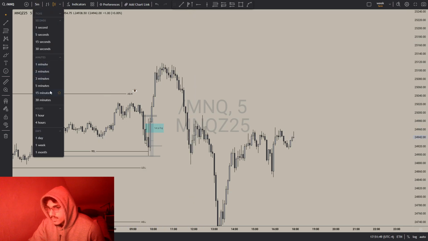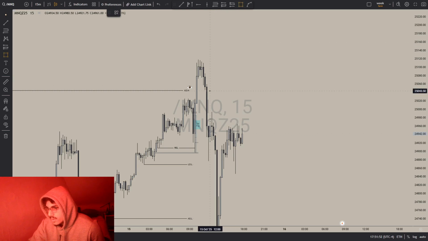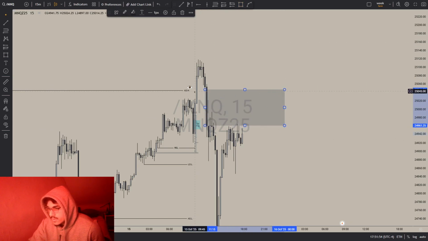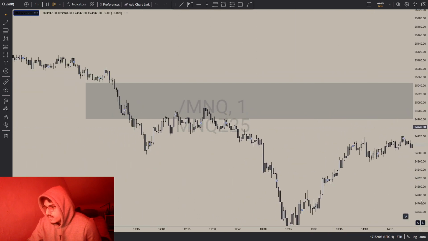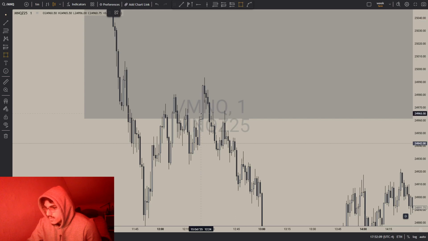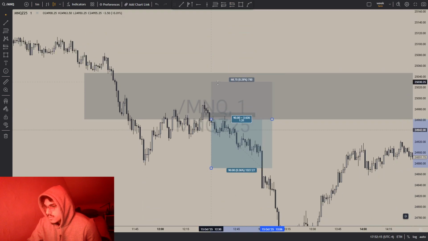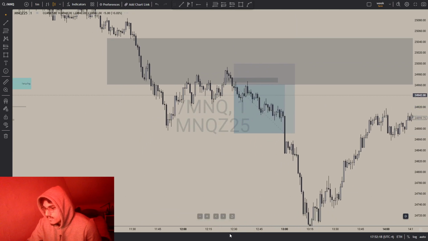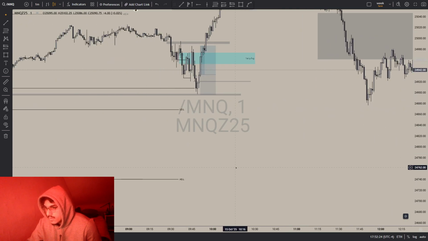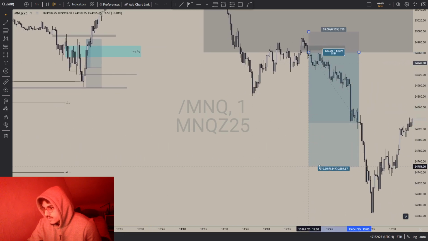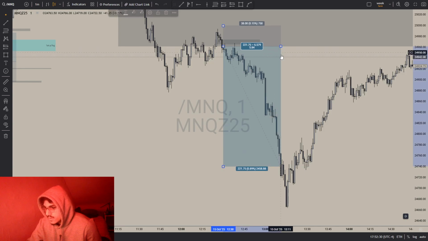Wait, let me put the 15. Yeah, so here you see we have this 15-minute gap. After the inversion of this, I would have switched my bias. Then after this retest in the 15 minute, I drop to the 1, and after that, this is our inversion right here. I don't know if it's the higher time frame inversion, but this is the potential setup we might have caught. And I think I would have exited here at London lows. Maybe just take partials and check the trade in the afternoon, see if it hits the whole target.